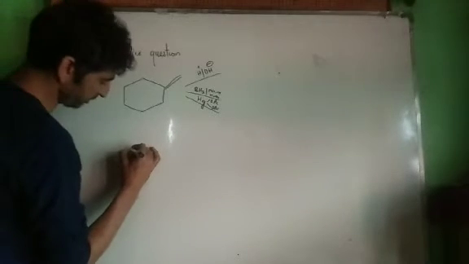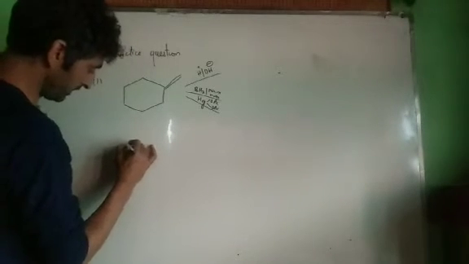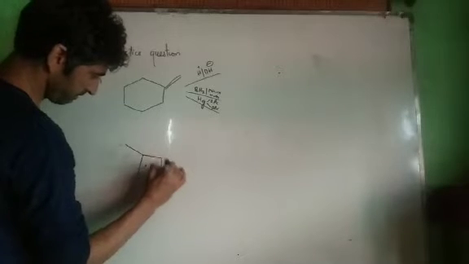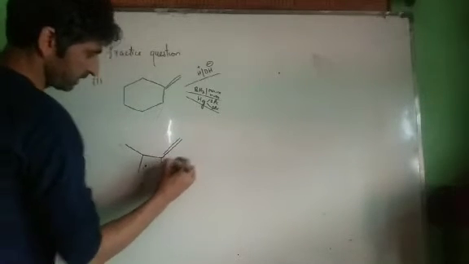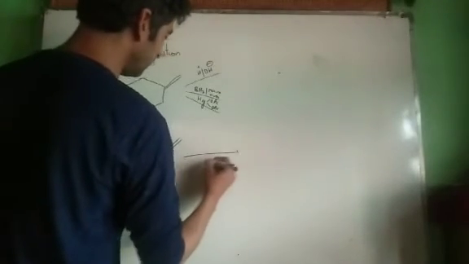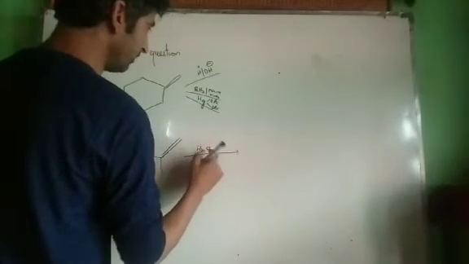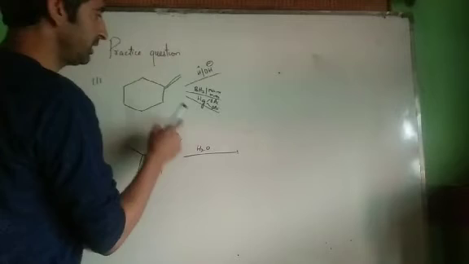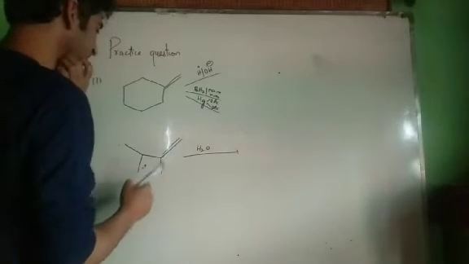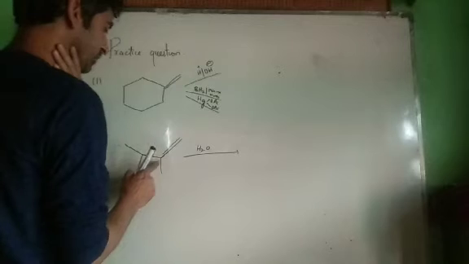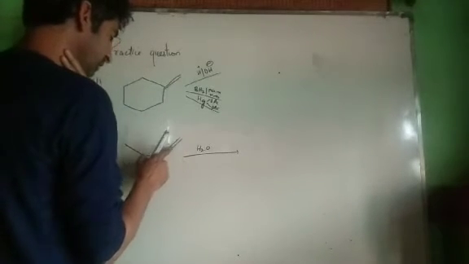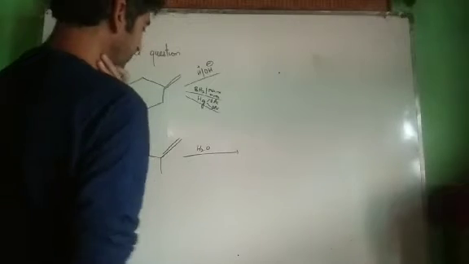Now one more example I will write over here. This is an alkene. To this alkene you have to carry out addition of water by hydroboration, addition of water by oxymercuration, demercuration, and by hydrolysis. Now this is an sp2 hybridized carbon. It does not contain any hydrogen. Therefore hydrogen is attached over here, OH over here in case of hydrolysis.